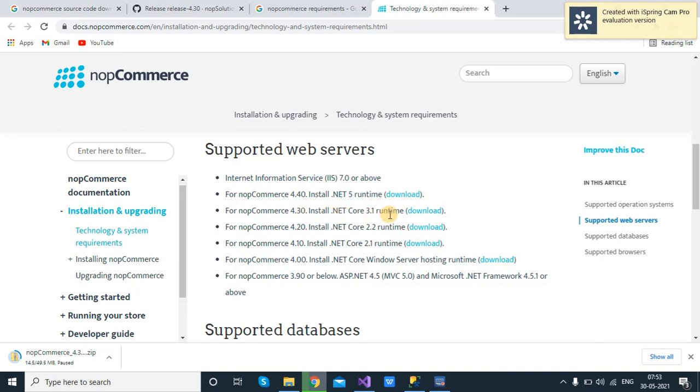It requires only two things. The first one is the runtime environment, and the second one is the SDK. Whatever version you are working on, you have to download only that runtime and SDK. We are working with 4.30, so you can download the runtime environment for 4.30.